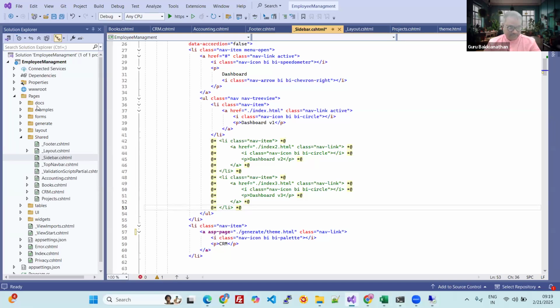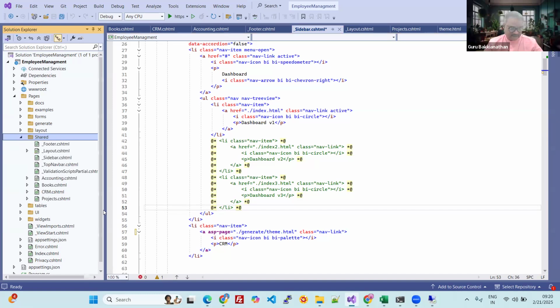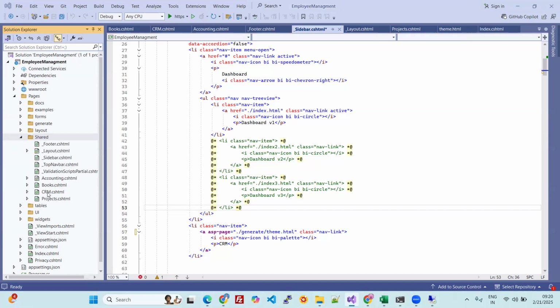If the file is theme.html, which file do you need to open? So CRM, where is the CRM file? Where is the CRM file in the shared folder? crm.cshtml, right? Yes, sir. Okay, sure.